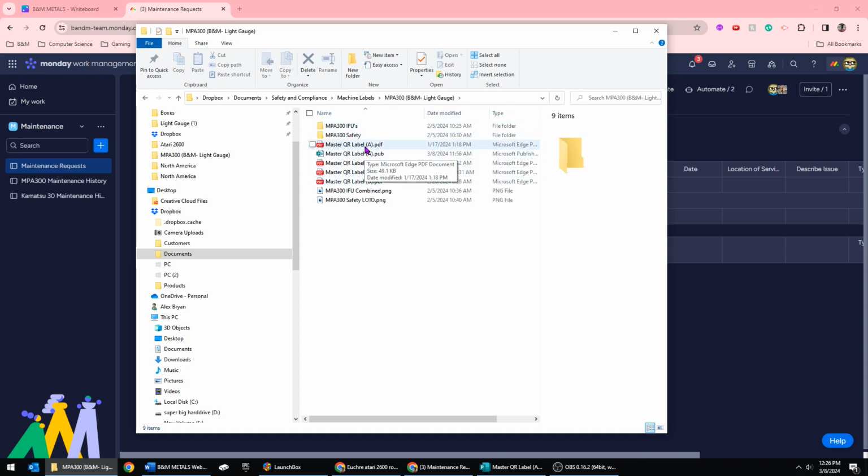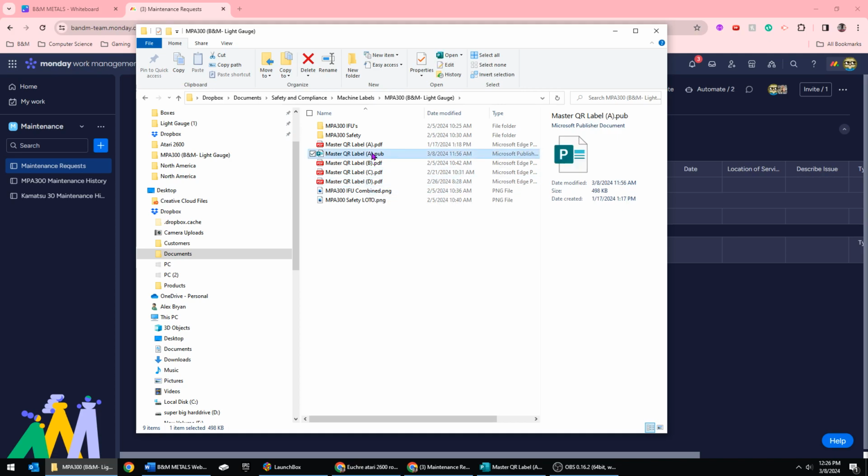Obviously, A, B, C, D. You'll always want to use the most recent one. So this is kind of like your document history. You'll always want to use the most recent or the latest one. So D would be the one that we would be actively using on the machine right now. And so if you want to look at this,